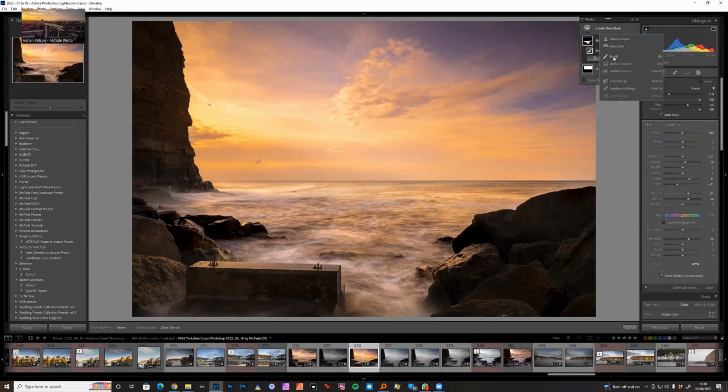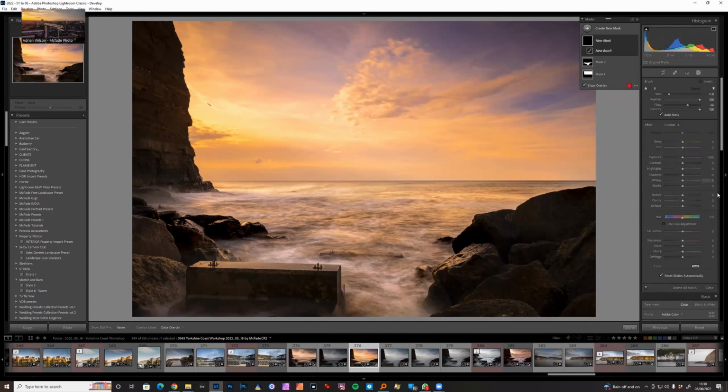I'm going to use the brush again, and this time I'm just going to add some shadow, brighten the shadows a bit, texture and clarity and sharpness and whites. And then I'm just going to paint on the bits I think would benefit from it. I might reduce the